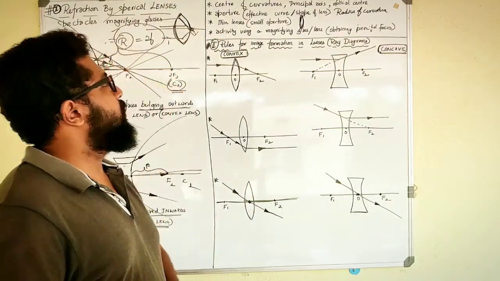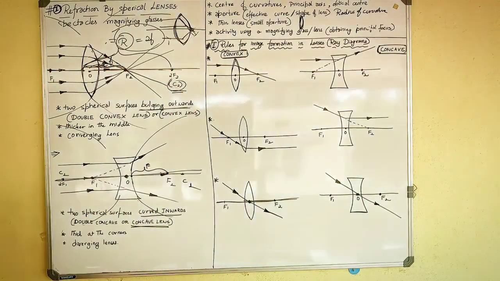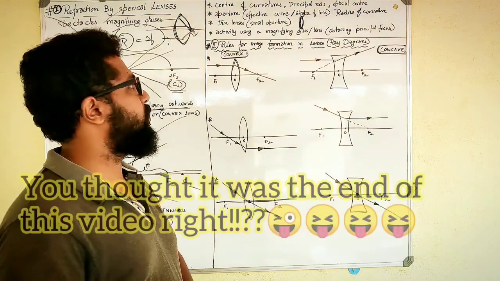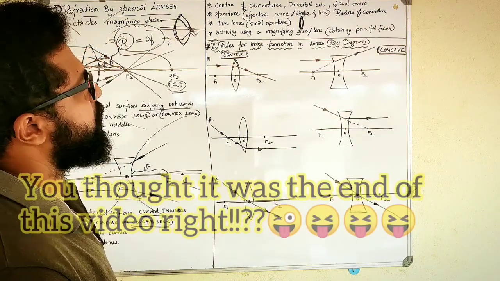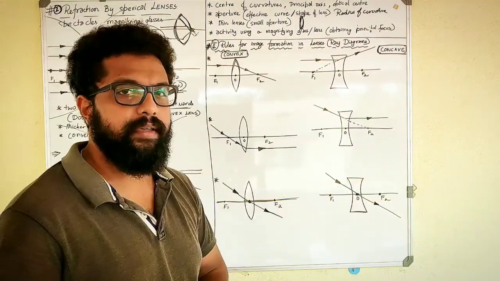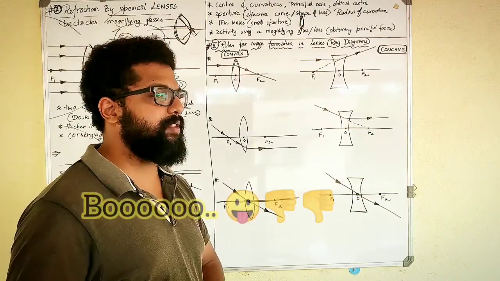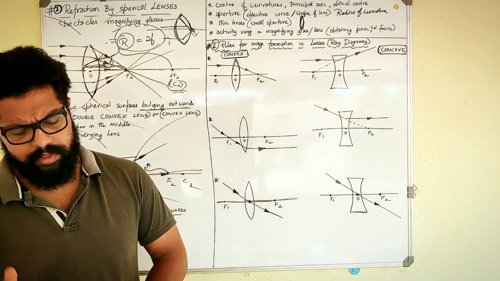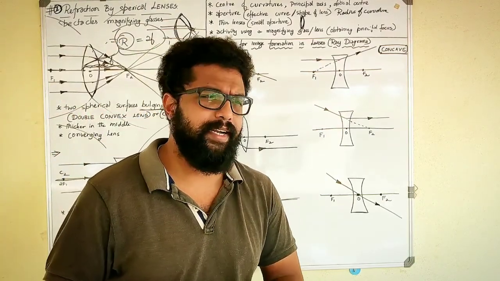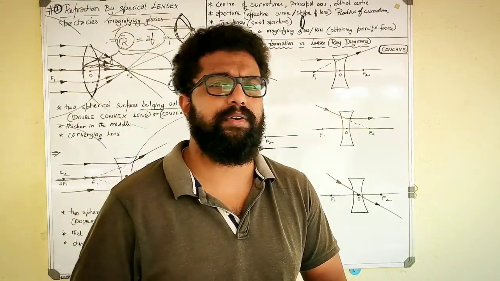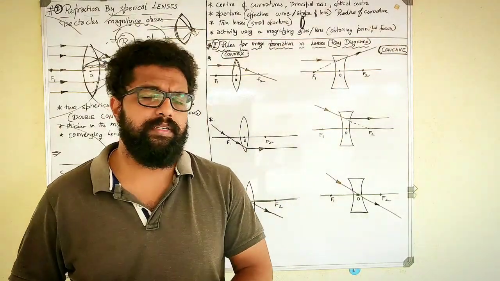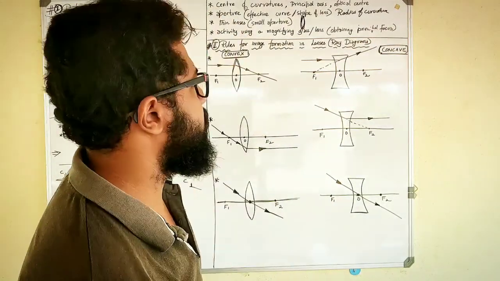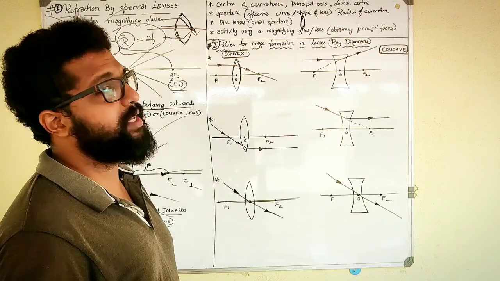Okay. So the next concept which you need to know about is the rules for image formation in lenses using ray diagrams. In the same way as we have studied in the mirrors, we have come across image formation using ray diagrams using the mirrors, that is concave mirror and convex mirror. Just previously we have done it in the video. Right now we can move on to image formation using lenses.